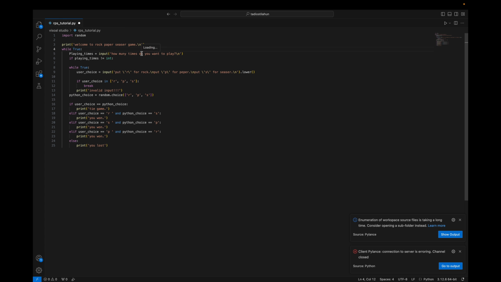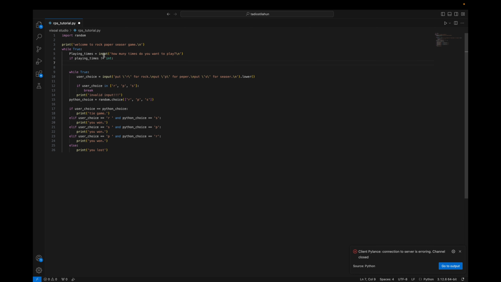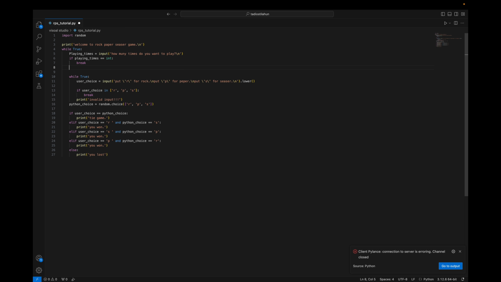If that doesn't happen, we are going to set it equal to something, and if that happens, we want to break the loop. Break, and if it doesn't,